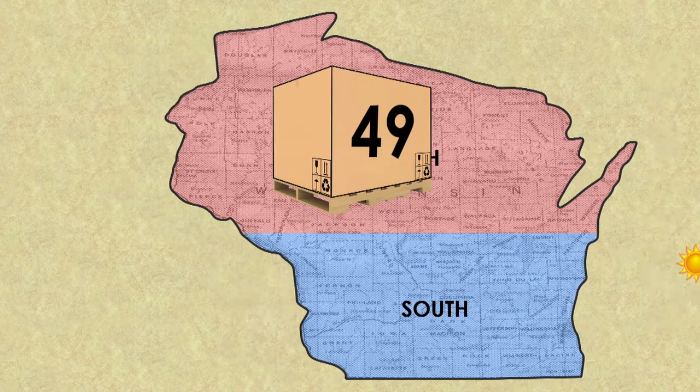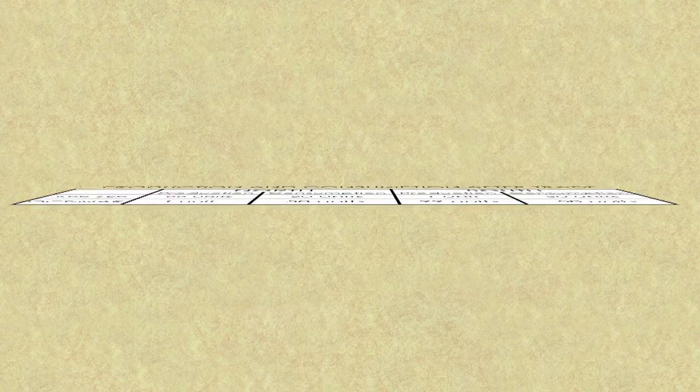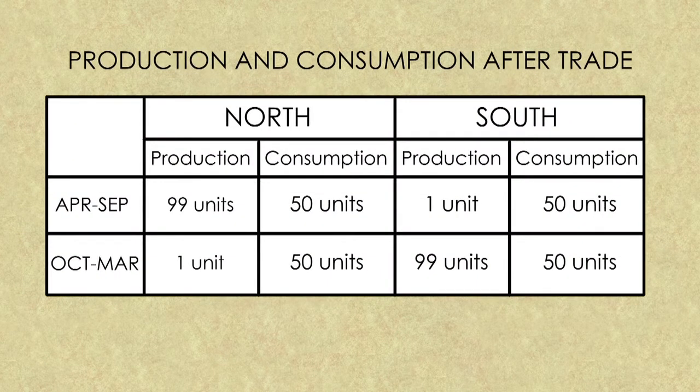After trade, production and consumption of food would follow the table illustrated here. This table shows that residents of both North and South are better off after trade. Before trade, residents have almost too much food during the growing season and very little food during the winter months. After trade, they enjoy an even diet of food throughout the year, which we assume is their desired pattern of